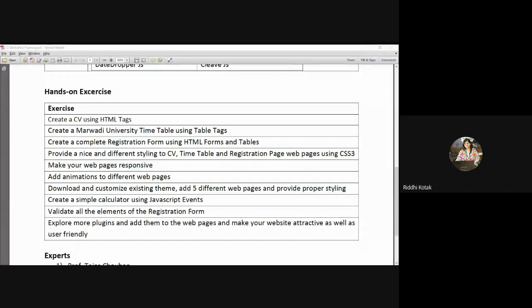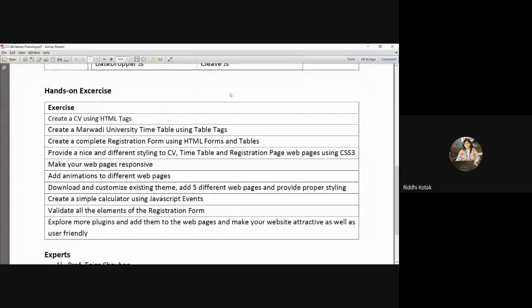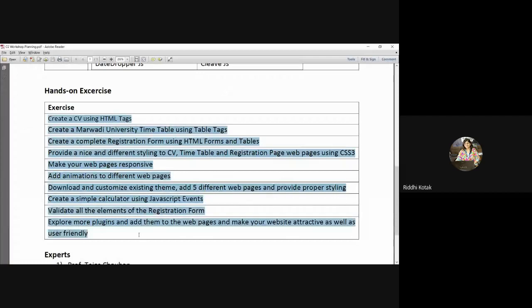The first task is you have to create your CV. So for your CV, as I told, you need to insert your image, you need to create the table, you need to give a heading, and within that heading you have to write the description. All the basic things, the commands which are required to create your CV, I have covered in this lab, right? So this document I will upload. You have to start running these activities.